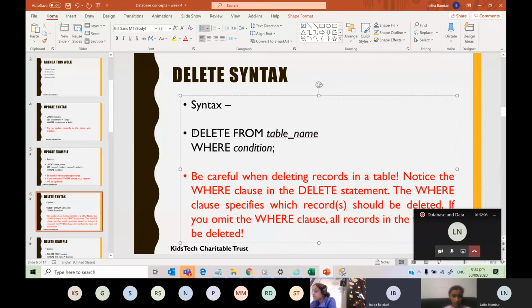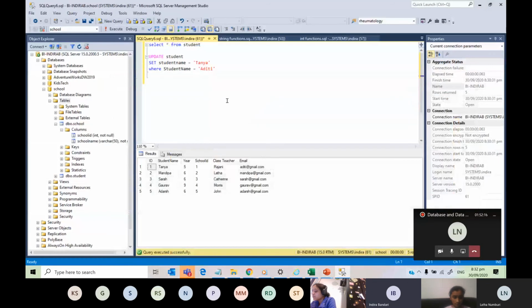Okay, so let's try this one. It's very simple but very powerful. So let's say that this is update. Again, I have given equals, that's why it is.